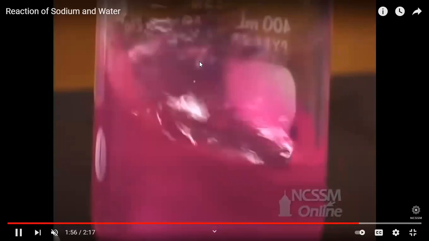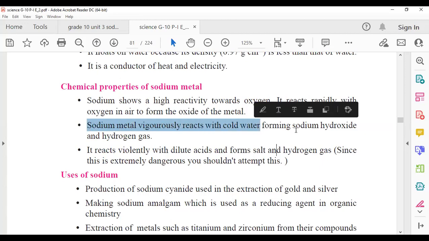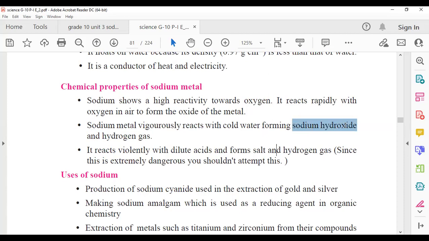Okay, so what you can understand here is sodium metal is vigorously, quickly reacting with cold water, and what is produced? Sodium hydroxide is produced. What else is produced? Hydrogen gas is produced. Further, sodium, if you allow it to react with